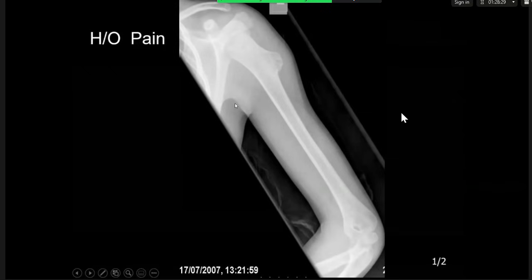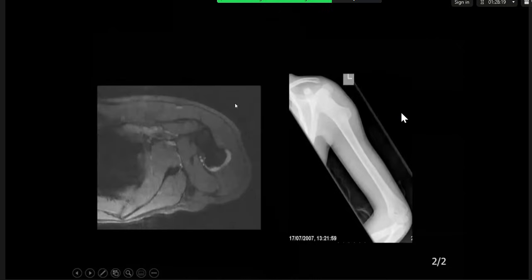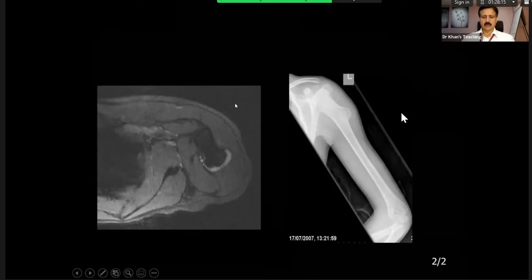I'll correlate to see if the patient has previous imaging to see if this has grown, and I would also correlate the patient has pain, so I'd recommend an MR to measure the cartilage cap. This is the one sequence of MR. So on this axial sequence, I can see the same corresponding osteochondroma. So I would measure the cartilage cap, and if it's more than 15 millimeters, then that's an increased risk of